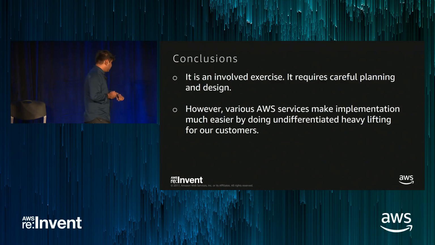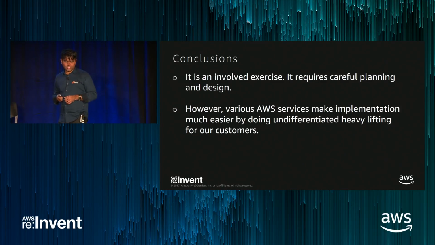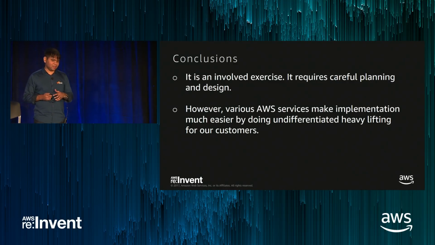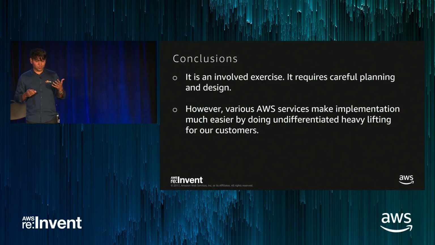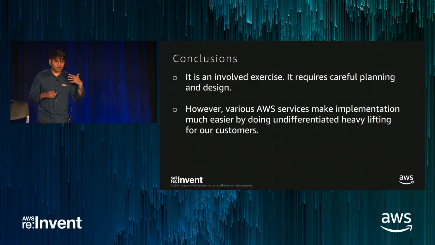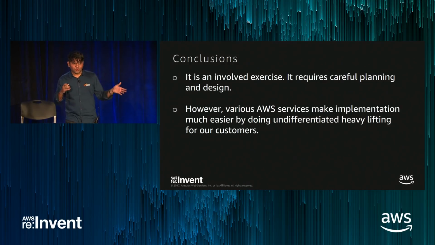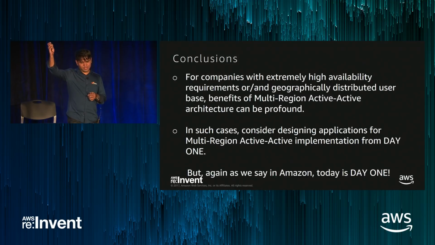Okay, so these are too many details because of which we went 15 minutes over time. So it is definitely an involved exercise even when you go to implement it. It requires a lot of careful planning, but we have services like VPC peering, cross-region DynamoDB global tables, RDS replication, S3 replication, and Route 53 for traffic routing. These things help you achieve the goal of a multi-region deployment, which is unavoidable if you have a global streaming business or global ride-sharing business. There are many new scenarios which require this architecture to be implemented, and we make your life as easy as possible. Last slide, I promise.